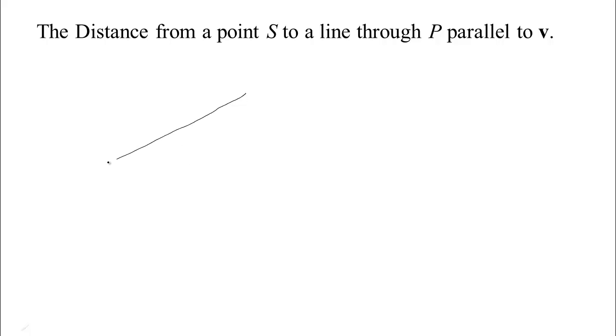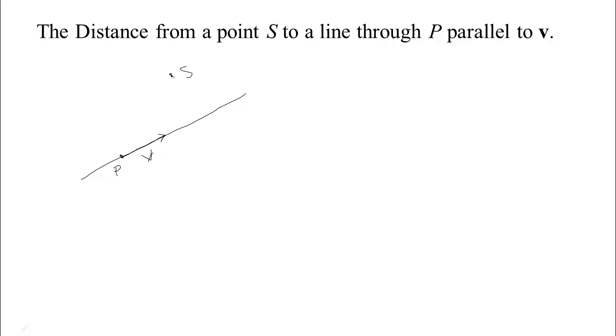And so if we have the parametric equation of the line, we'll be able to find some vector v. We'll know the vector v on the line. We could plug in some value of t and find a particular point. So if we're given some point S over here and we want to find the distance from S to the